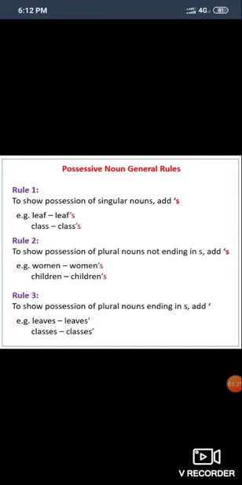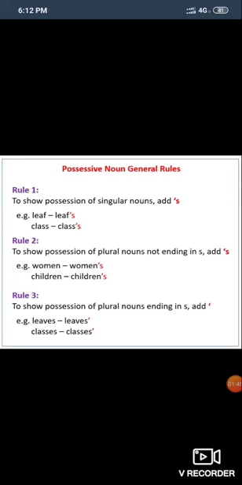Here you can see in the example, leaf, then after leaf the apostrophe and s. Same with class: class's. So that is rule number 1. To show possession of a singular noun, we add apostrophe s just after the noun.